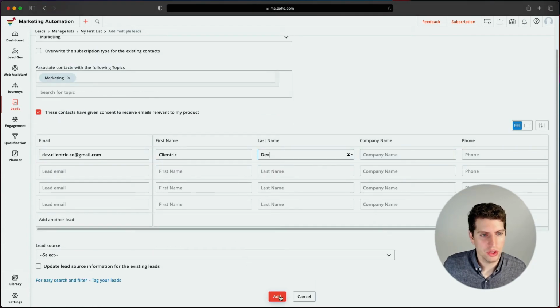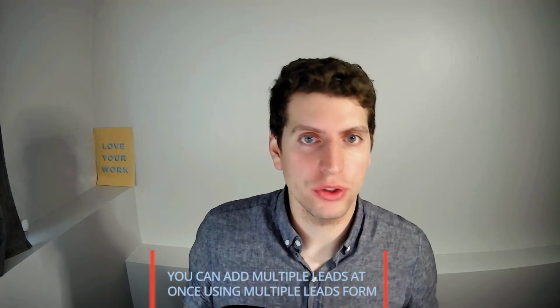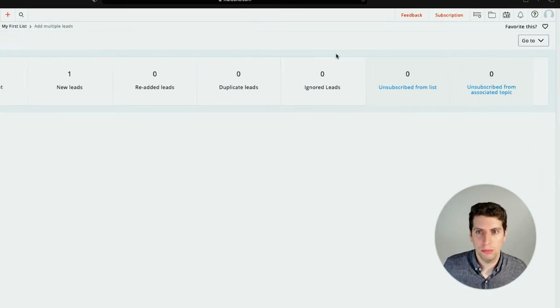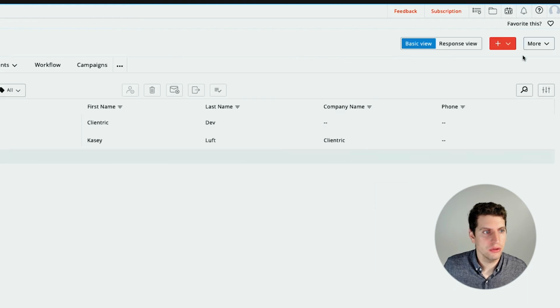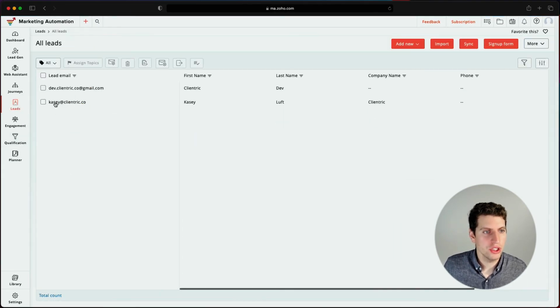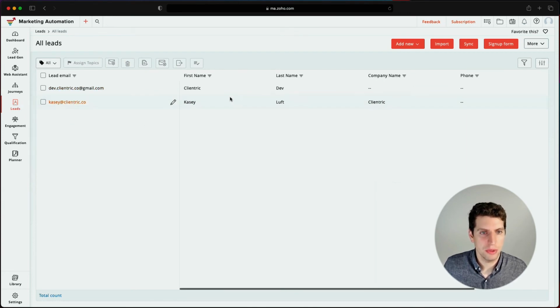And if we add it, you'll see that one new lead has been added. So total count, one new lead. You could go through and add in multiple leads through that section just because it gives you the option to do 5. So we didn't do that this time. We just added 1. And now if we go back to the list view, we'll see that we have 2 leads now. So there's 2 different views in order to get there. Just briefly, if we click on this all leads section, we can see all the leads we have and who they're associated with when you dive into them.